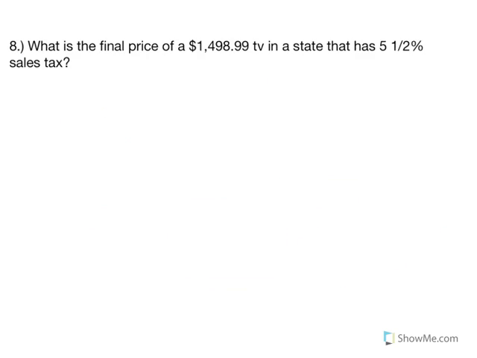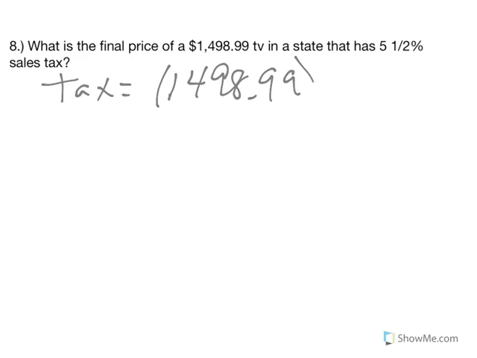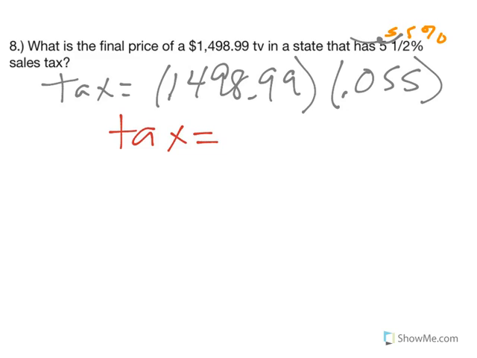And now we're going to get into some story problems. So what is the final price of a $1,498.99 TV in a state that has 5.5% sales tax? Well, I'm not going to use proportions on this one because sales tax is something that I deal with a lot because I buy things. So if I want to find out how much tax I am paying for this item, the tax is the price of the item, $1,498.99, times the tax rate, which is 5.5%. And remember, 5.5%, 2 places to the left, and that's how I get my decimal of 0.055. I multiply those two numbers together, so the tax on this item is